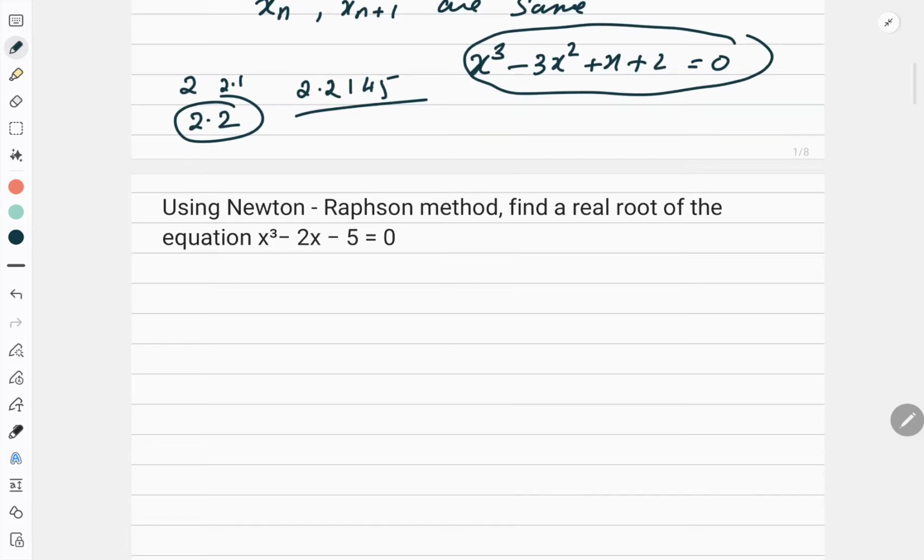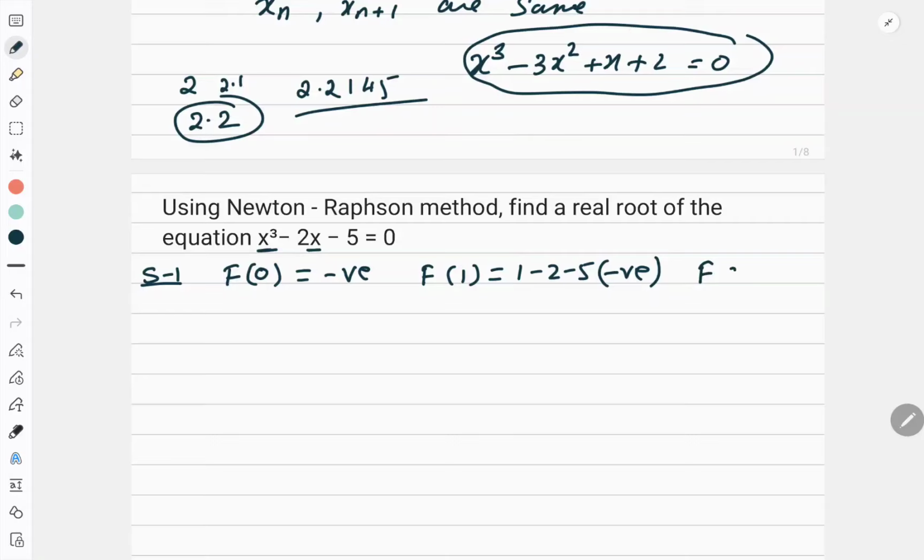Using the Newton-Raphson method, find a real root of this equation. Now, what is step 1? I need to figure out where the answer is. What is the smart way? Take your calculator, get the answer and write it in the corner. It is a secret between you and your notebook. You don't have to declare anywhere that this is the answer. Let me do it fairly now. First start with f(0). Put x equal to 0 and you get a negative answer, minus 5. Put f(1). If you put 1, what do you get? 1 minus 2 minus 5, again negative.